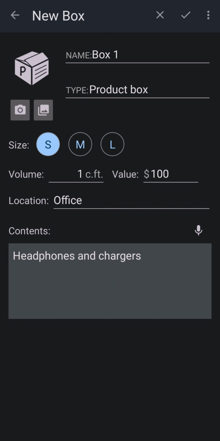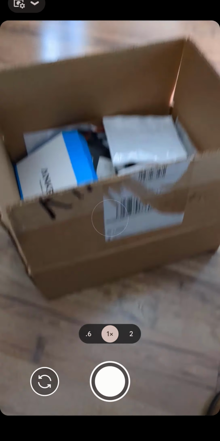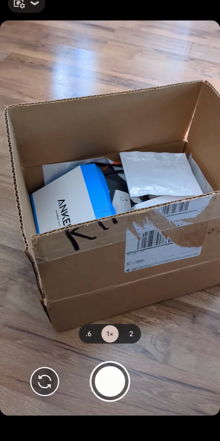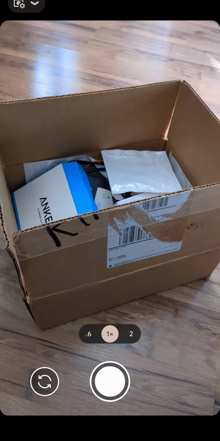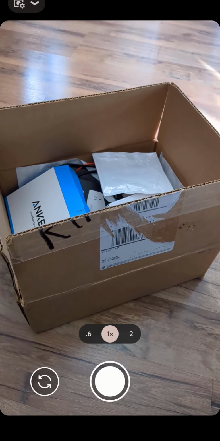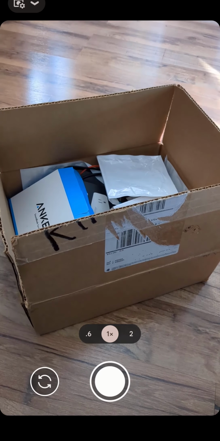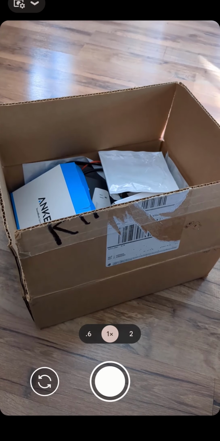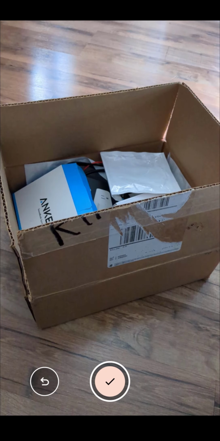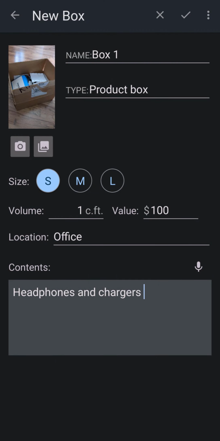Now, if you're happy with the icon that we put in here, that's great. But if not, you can tap on the camera icon, and that would allow you to take a picture of this box. We do recommend that you take a picture of the box when it's open so you can kind of see what the box looks like from the outside as well as the inside, because there's a limit of only one picture. So let's go ahead and take that picture, and we accept that, and that picture gets